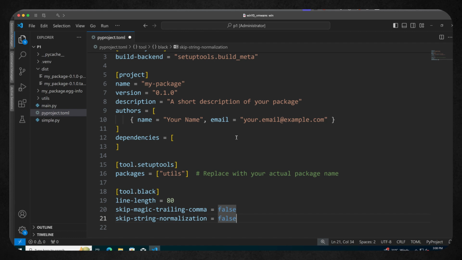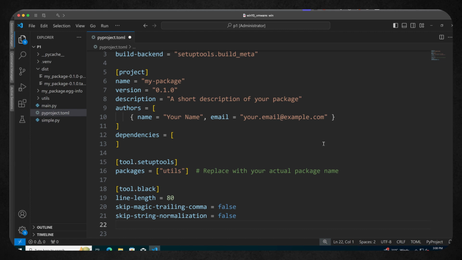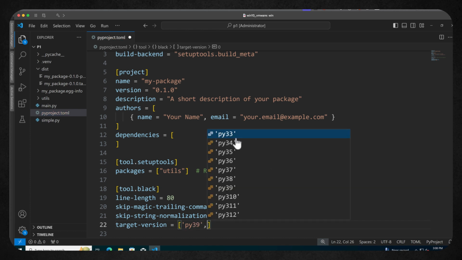As we continue, we could also specify the type of Python that we are formatting for. So we can go through and specify our target version, and this then becomes a list. So I can specify, let's say, py39. We know that it should work with that.